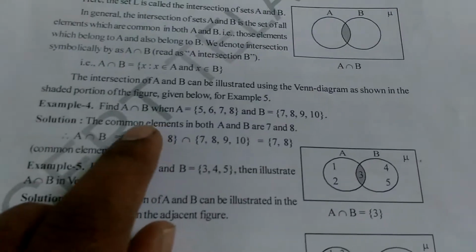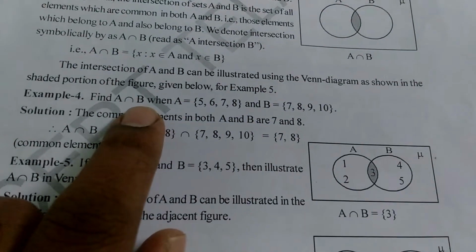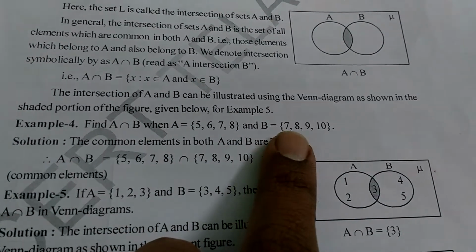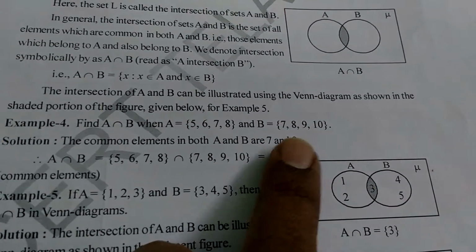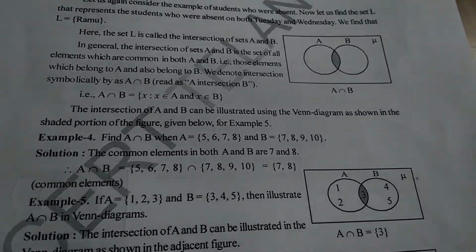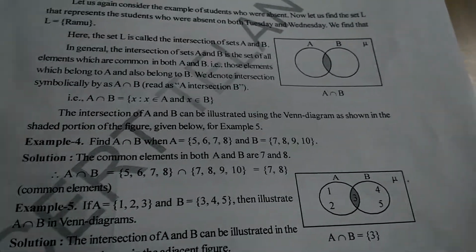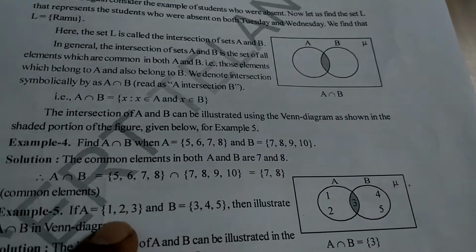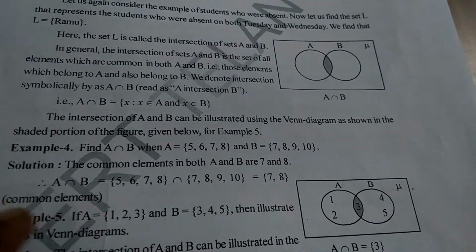Now we will see one example here. Find A intersection B when set A equal to {5, 6, 7, 8} and B equal to {7, 8, 9, 10}. First write down the given sets. Given sets are A equal to {5, 6, 7, 8} and B equal to {7, 8, 9, 10}, and we have to find